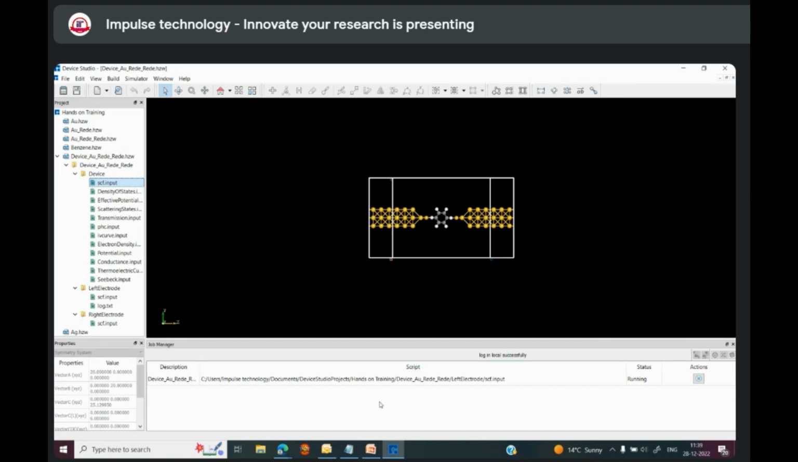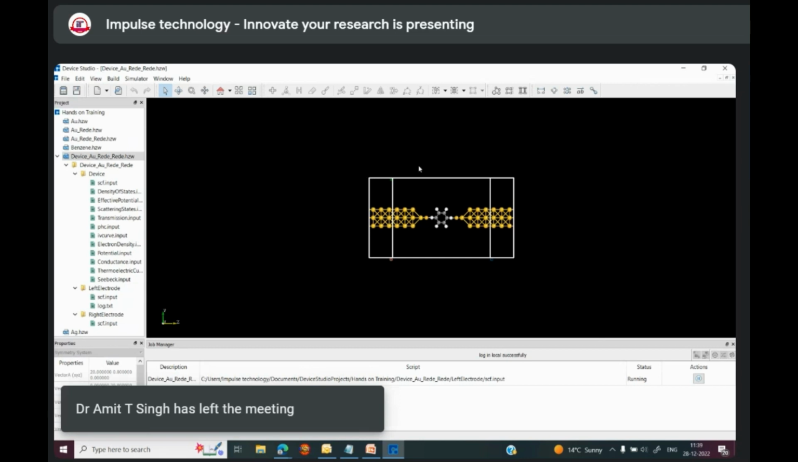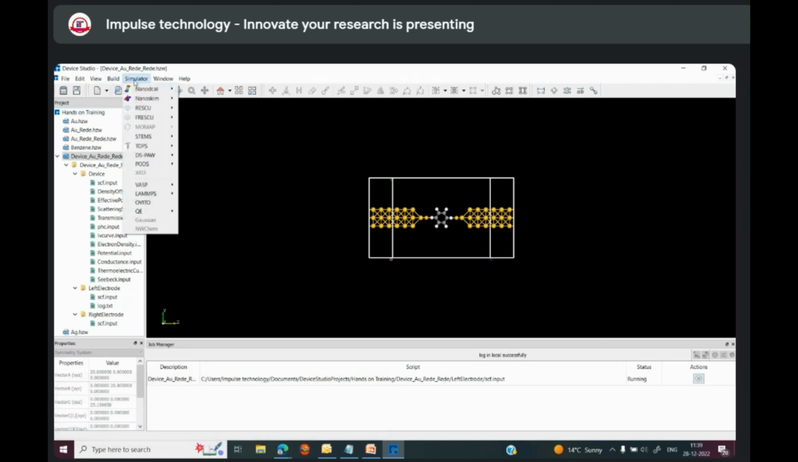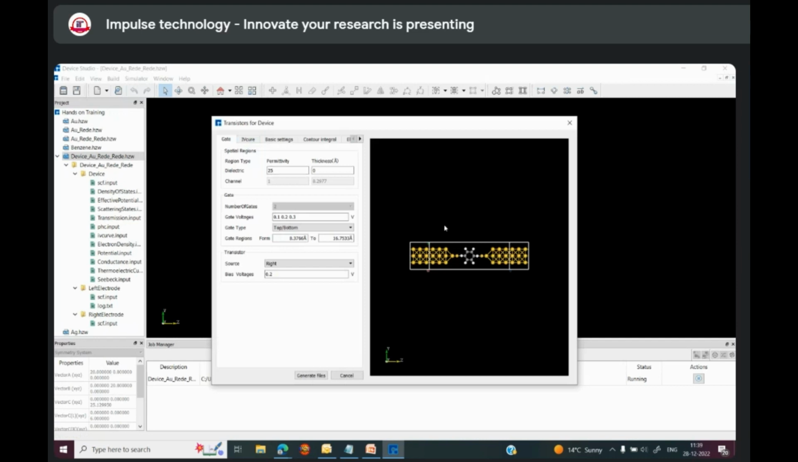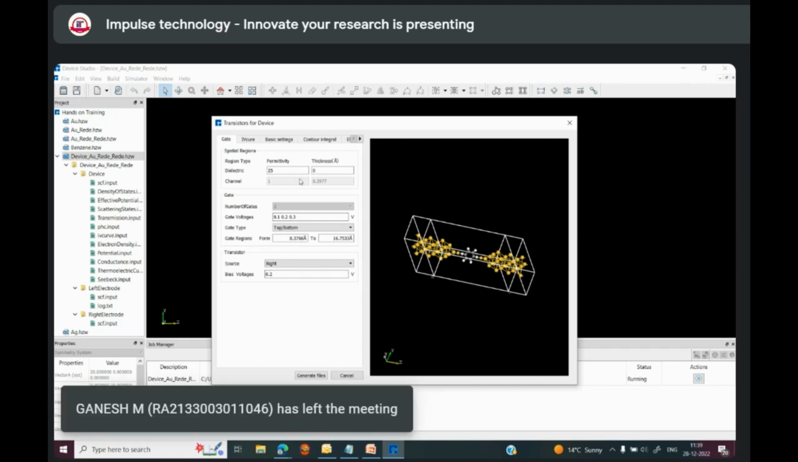What about the gate voltage? Yes, I can show you. Suppose you want to include some gate voltage. You can click on the simulator, go into the NanoDCAL, and this is for the transistor. If you want to make a transistor, here you can also define the gate voltage, biasing voltage, and if you want to include some thickness,